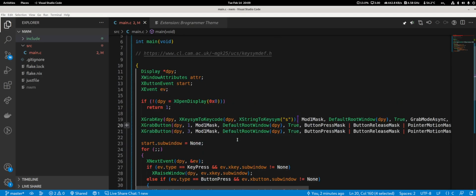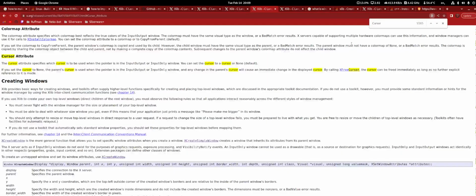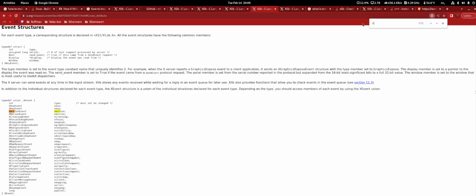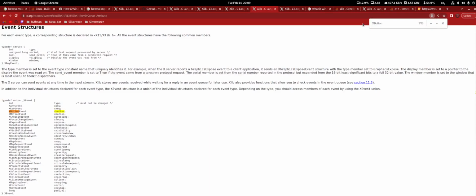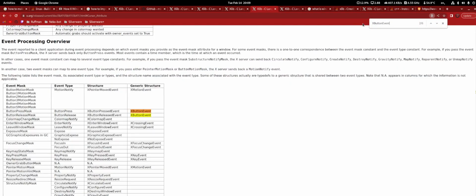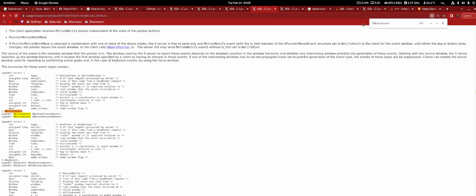Going on. So you're grabbing the start and you're telling that the sub window is none. What is a sub window? A sub window is a window inside a window, right? No, that part I get, but what is the sub window inside the button event? What is that? From what I understood, it is the position in which you can start a new drawing